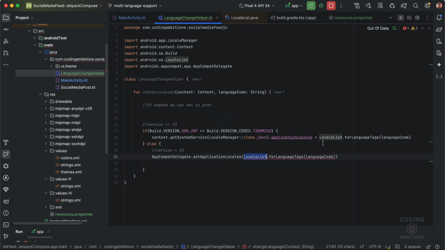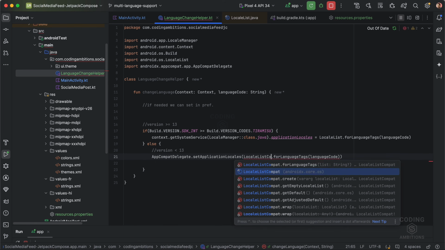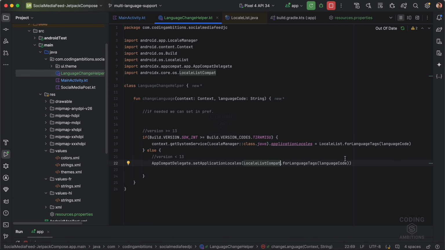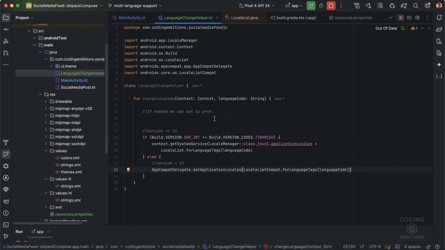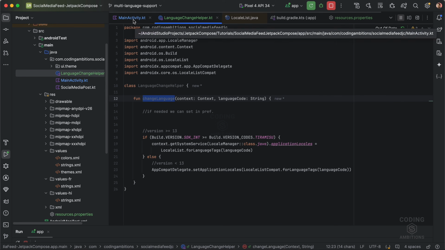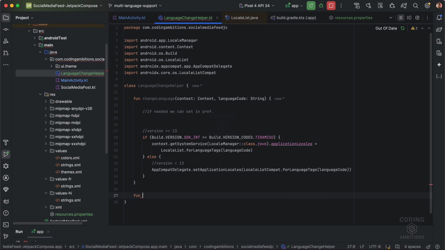So this one is the latest after Android 13. For the old one, we need to use the compat, right? LocaleListCompat. This change is done, and now what we can do is we can implement